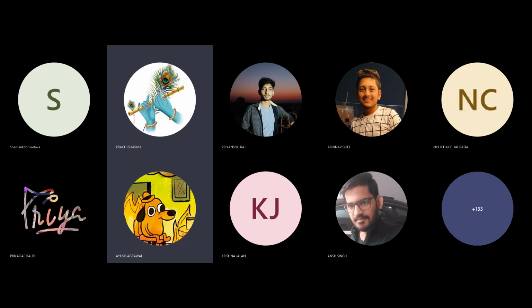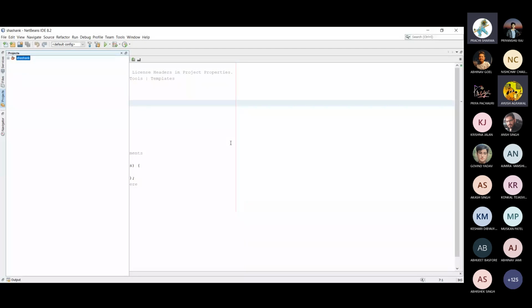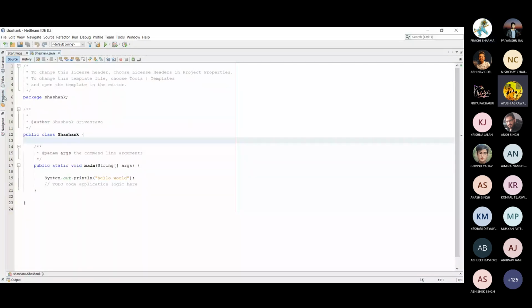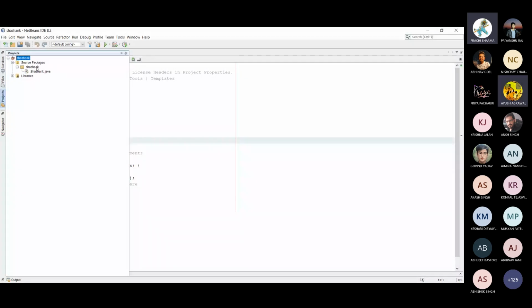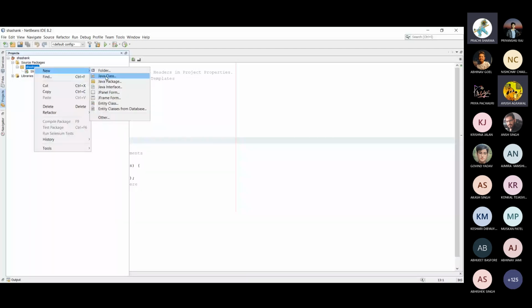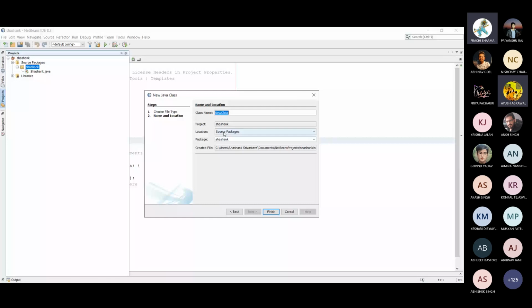I hope the IDE screen is shared. Yes, sir. Okay. So here I will write the program. If I create the Java class, suppose the Java class name is test, you need to write the class name same as the class where the main method resides.